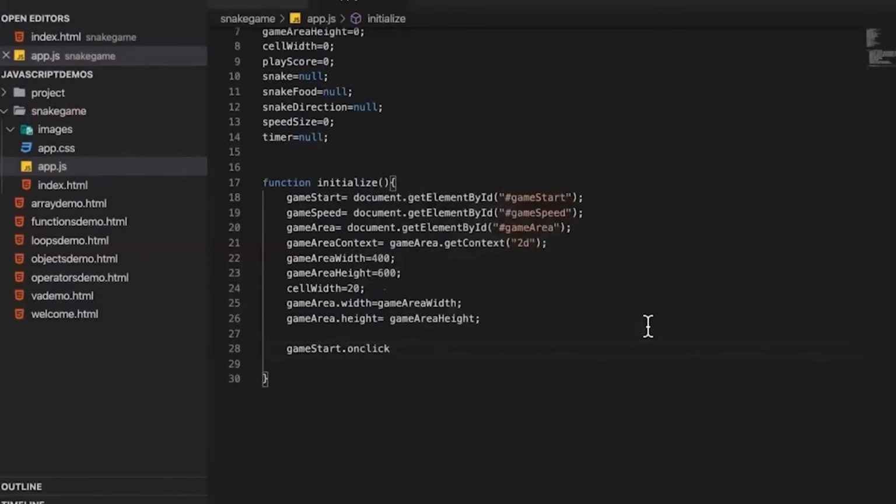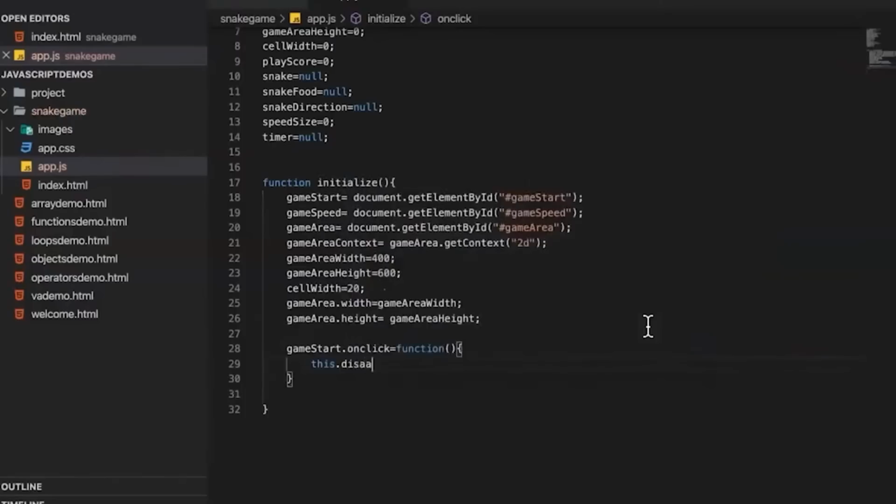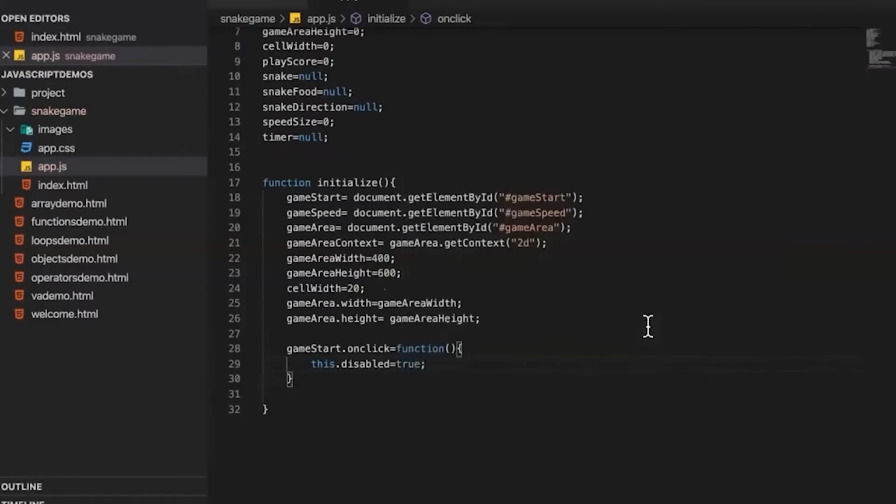So when I basically click, what should happen? So onclick equal to function. What do you want to write here? I'm saying this.disabled equal to true. So I want to disable these values, and after that we want to call another function